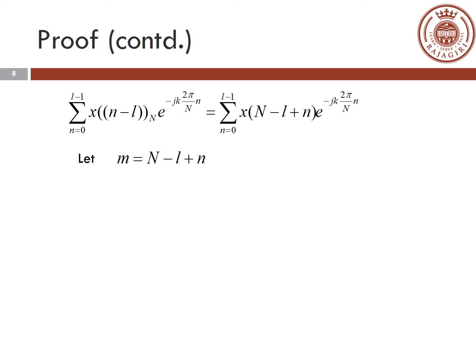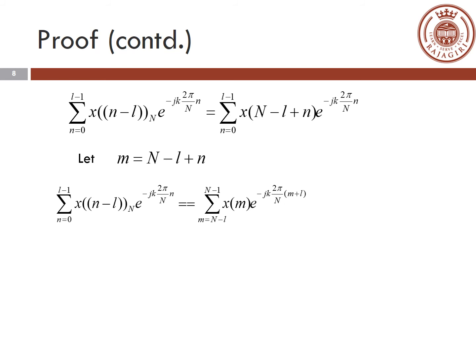So now you have to modify the summation in such a way that you should not see a variable called small n, it should be in terms of small m. Now when I modify the summation, I have to modify its limits also. So when n is equal to 0, substituting it here, m becomes N minus L. When n is equal to L minus 1, your m value changes to N minus 1. So the limit gets modified to N minus L to N minus 1, and this is replaced by m